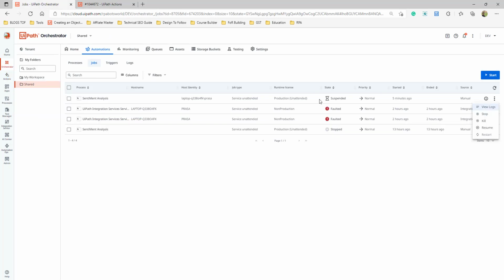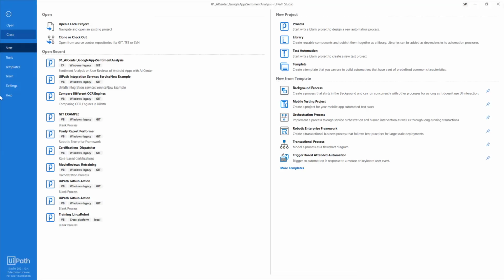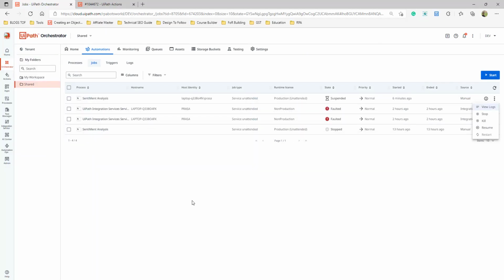So for this kind of scenario, we use a different concept called orchestration process. There is a template for it.